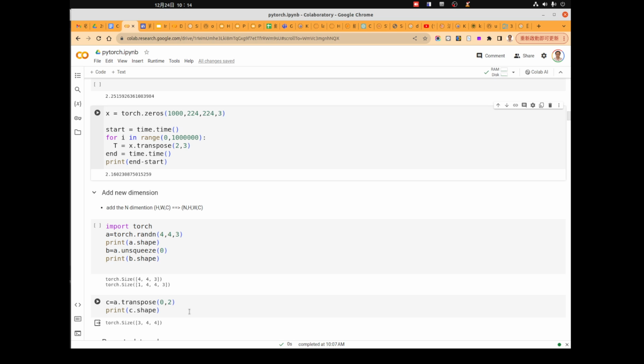Of course, when you do the transpose and PyTorch accesses the elements in the array, it will be using different orders. That might take more time because the elements won't be contiguous.